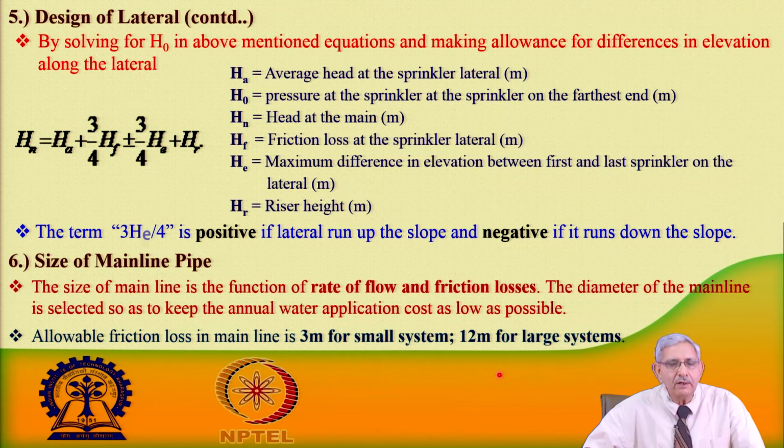Each lateral's discharge is multiplied by the number of laterals. So, that will be the discharge from a single lateral, and that is considered for the discharge from multiple laterals. So, this particular main should take the total flow. Here is another part, that one has to optimize how many laterals can be operated. If we take all laterals to operate simultaneously, then the size of the pipeline will be large,